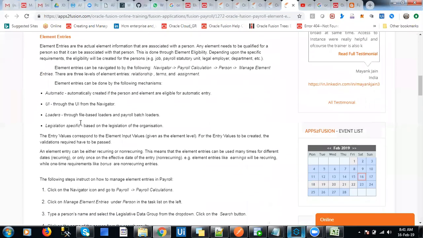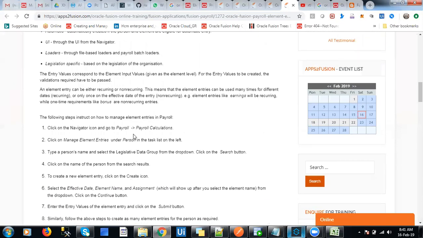You can also add the element entries from the navigator. And you can also load element entries to the user by using payroll batch loaders. Call it a PBL, payroll batch loaders. Okay. And then you can go for, this is our